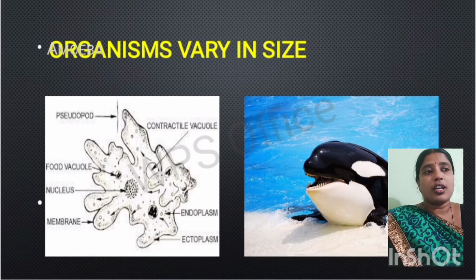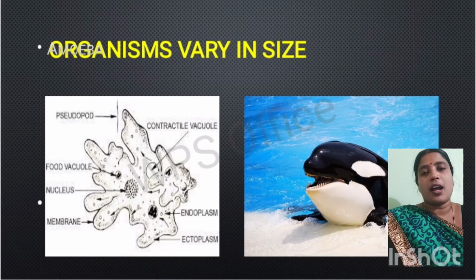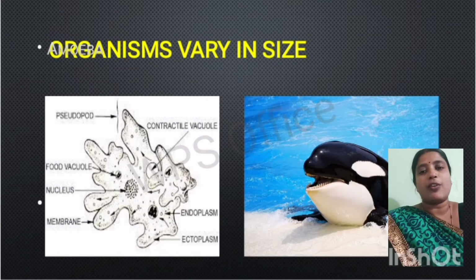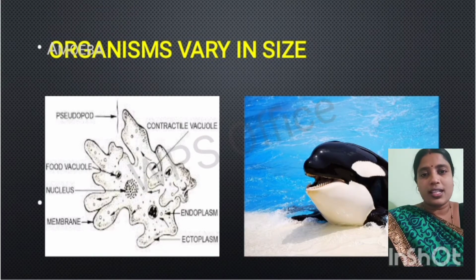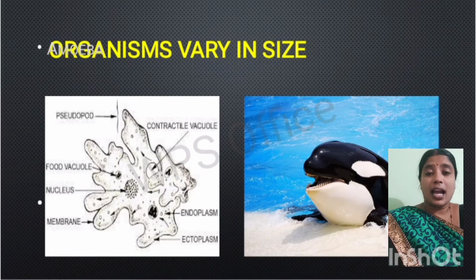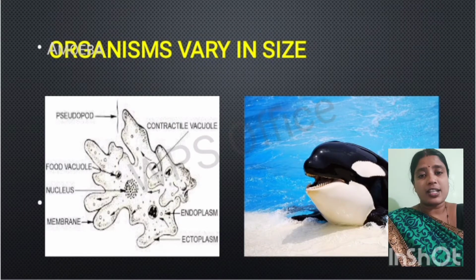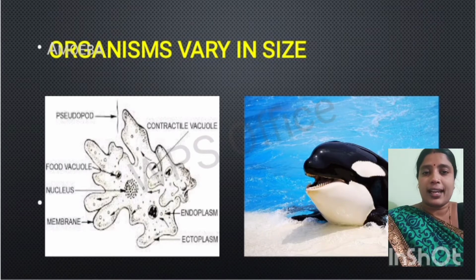Now as you all know, organisms vary in size. Different organisms have different sizes. Some organisms are big or very large and some are very small. If you talk about an elephant, zebra or giraffe, they are big in size, while an ant is small, but you can see an ant with your eyes. But there are some other organisms which cannot be seen with the naked eye, and these are known as microorganisms.